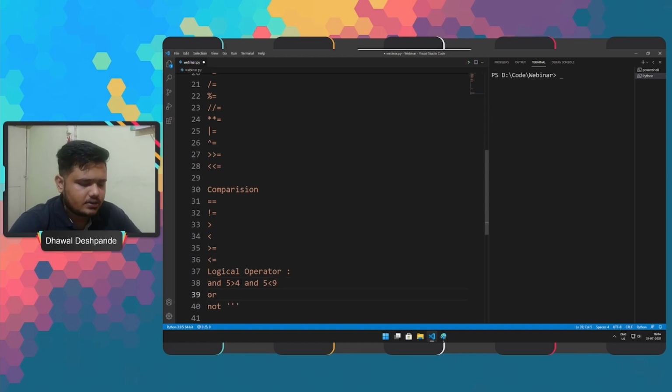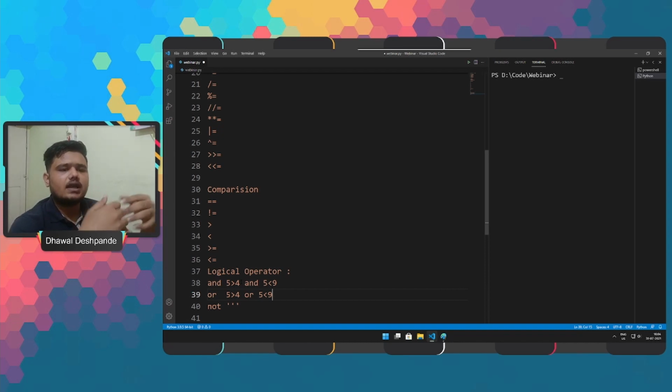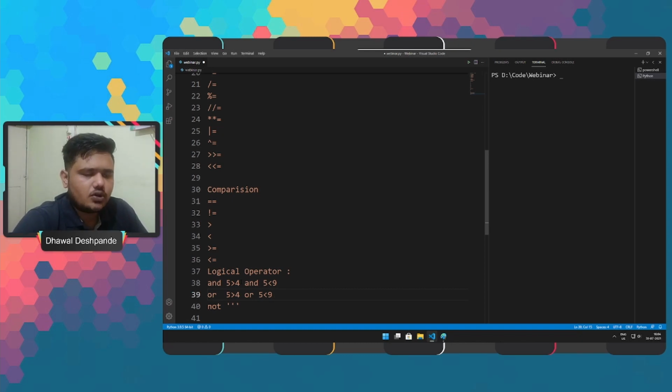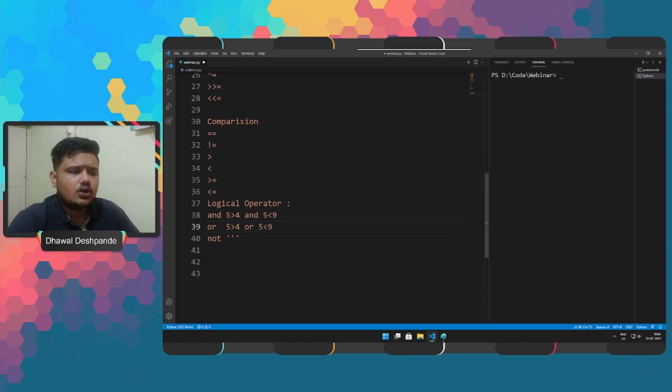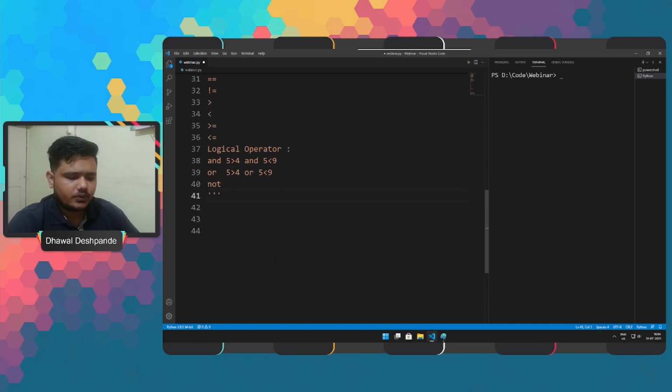Second is 5 is greater than 4 or 5 is less than 9. This is the simple syntax. As we can see, we are comparing two conditional statements in a single statement. So we will see all these logical operators and their working when we discuss the if statements, correct?